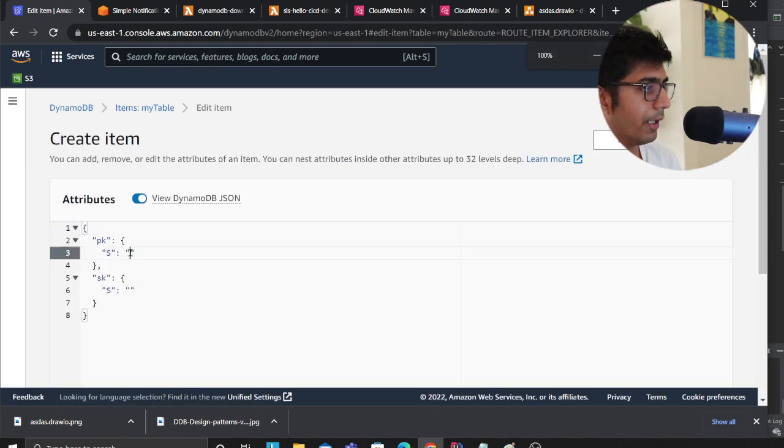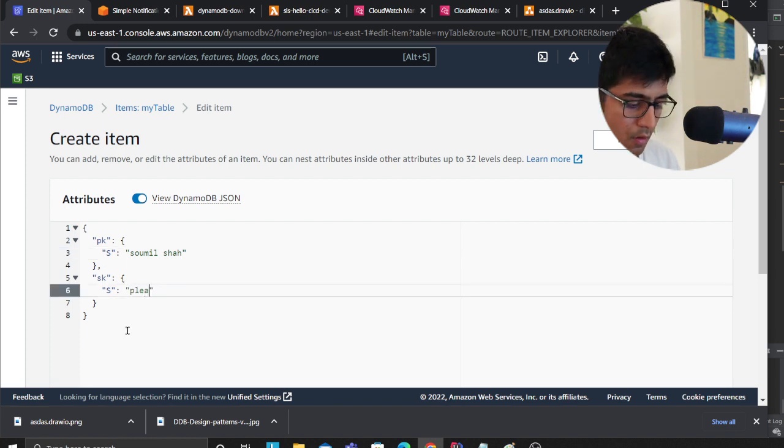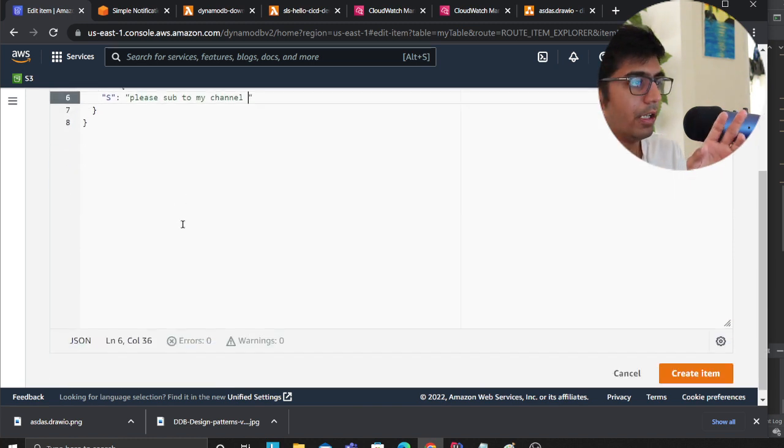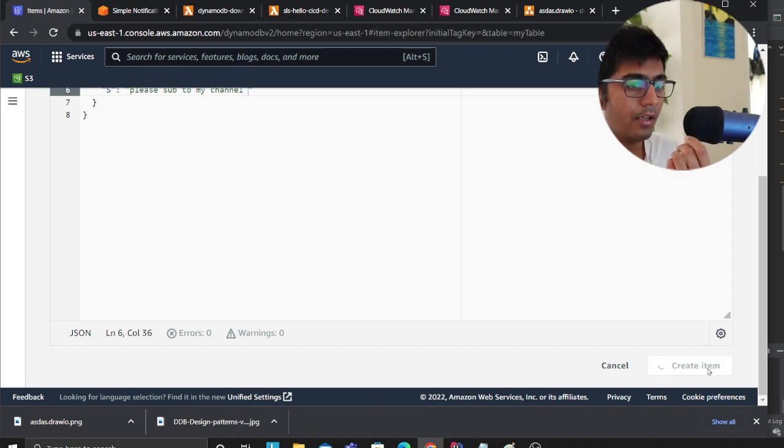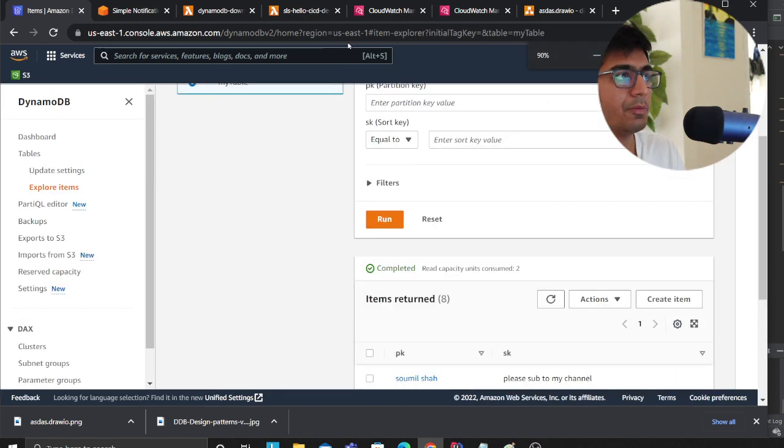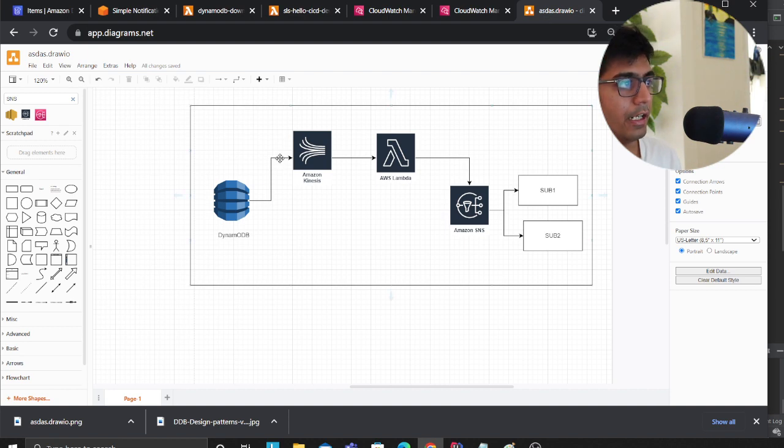So I'm going to insert this event into Dynamo, and all of this happens in near real time. So, ready, create item, I have inserted, which means at this point in my architecture, if you observe, it will go to the Kinesis data stream, the Lambda will get the data, and then it will do the pre-processing, and then essentially pass it to the SNS topic where we have our downstream users, multiple users who are subscribed to